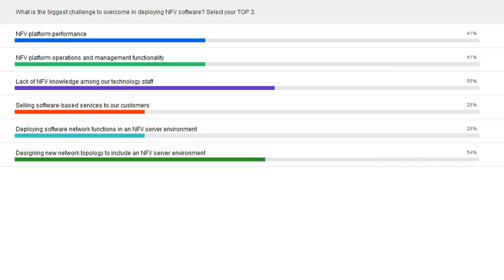Okay, thank you. So here we have the top 3, and when we ask that way, the top one turns out to be lack of NFV knowledge among our technology staff. This is true for carriers around the world, we found, and choosing a partner that knows what they're doing is one way to overcome that. And then designing a new network topology to include the NFV server environment. Right, this is a very common